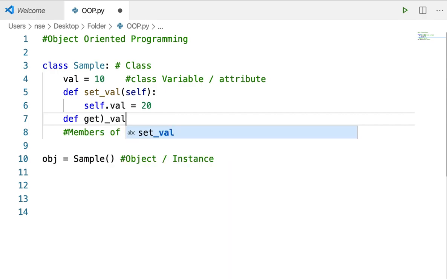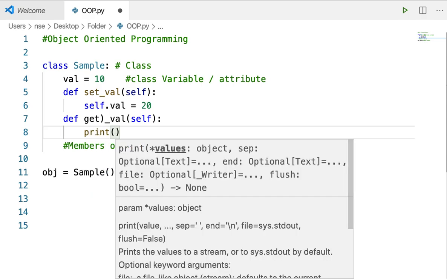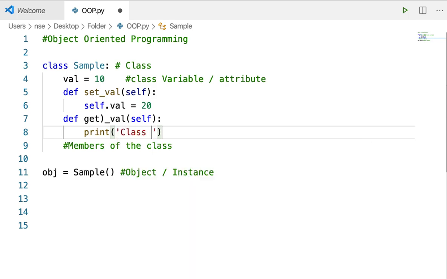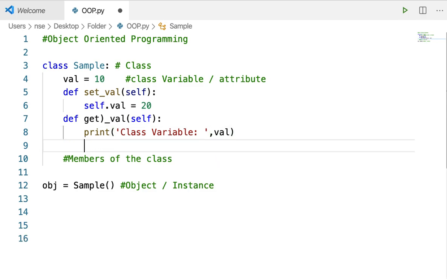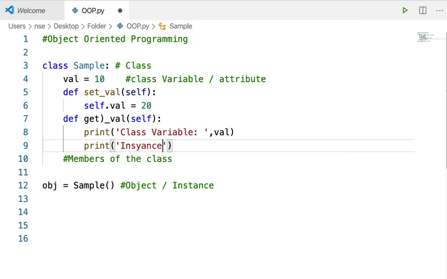Let me create one more method called get_val. As I said already, every method must have a parameter that must be of type object, that is self, right? You can use self. That is always better to use because almost all people use only self. It is just a naming convention. I'll tell you, don't worry, what is self, right? So let me say class variable, and then say val, and then say print instance variable,